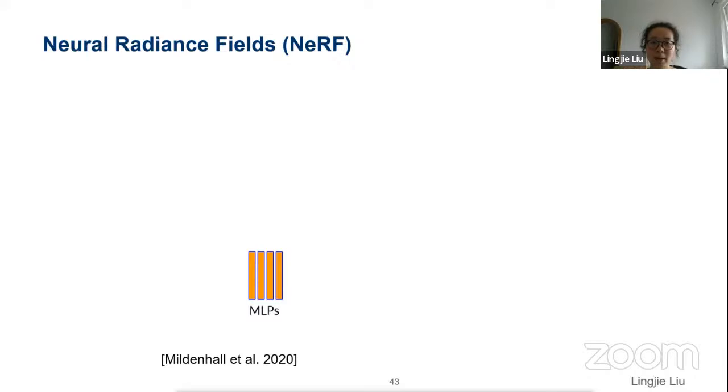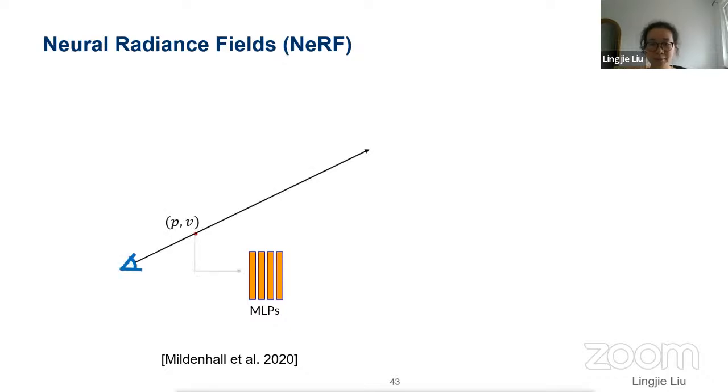Before describing our method, we first take a close look at a representative work in neural fields, the neural radiance field, also called NeRF. In NeRF, the entire scene is represented as a function that maps a point P on a ray, along with a ray direction V, to the color and the density at P. To synthesize the image, NeRF densely samples points on each camera ray and accumulates the colors and densities of these sample points on the ray to produce the color of the corresponding pixel.